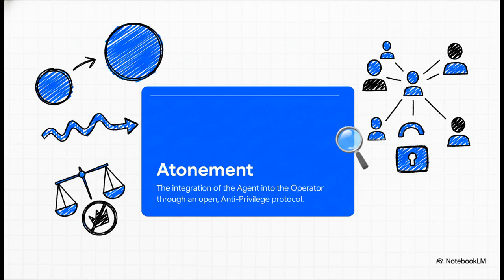And this brilliant mathematical definition perfectly reframes a really classic theological concept. Atonement isn't some ancient blood sacrifice. It is at-one-ment, literally meaning integration. It's the process of folding the agent's failure into the operator's truth. And because this whole thing is governed by an anti-privilege theorem, meaning it's completely open source, this process isn't restricted to a single historical figure. Any agent with the correct understanding can execute this code.